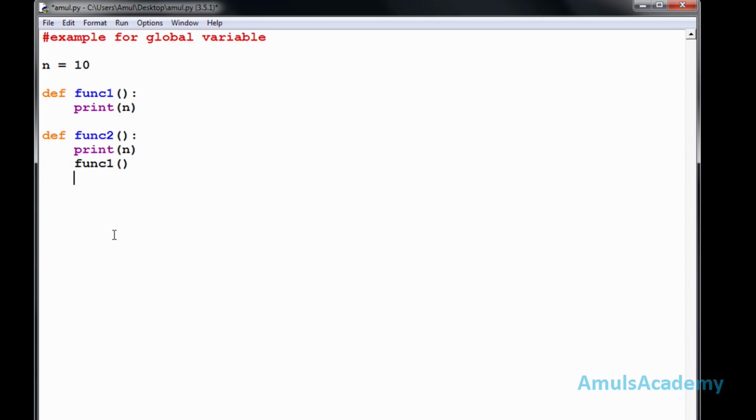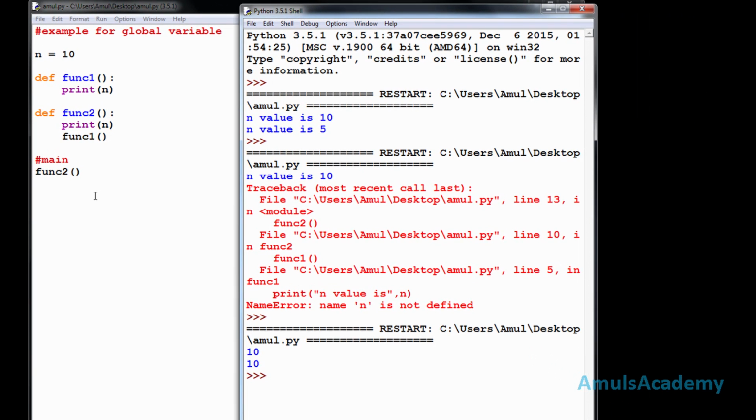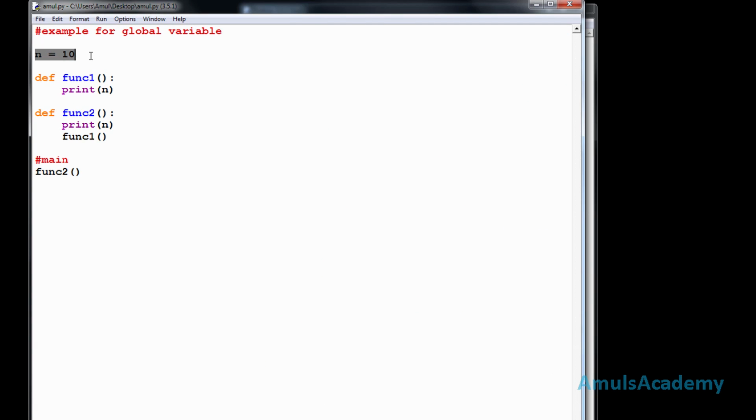Okay, now I'll come out of this and in the main I'll call function2. Okay, now I'll save this, run this, and we can see the value 10 and 10. This is the global variable, so it can be used by any function.